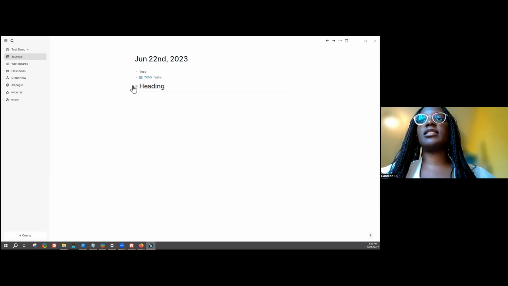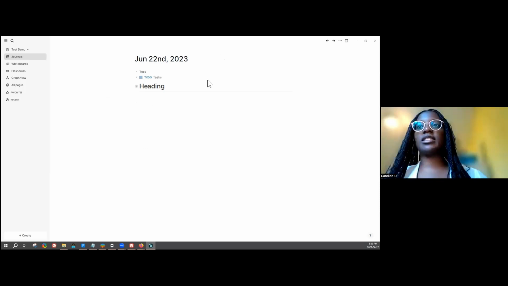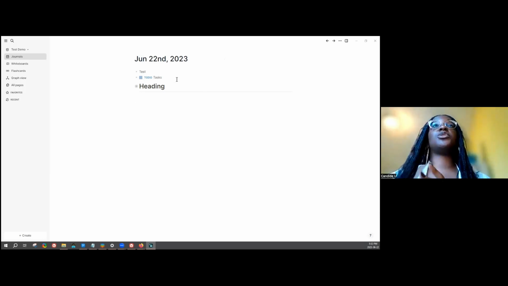The next unit: when you have multiple blocks, they can be contained in a page. A page is just many blocks. In Logseq, there are two types of pages. This is a journal page, which is turned on by default, but you can also have non-journal pages.